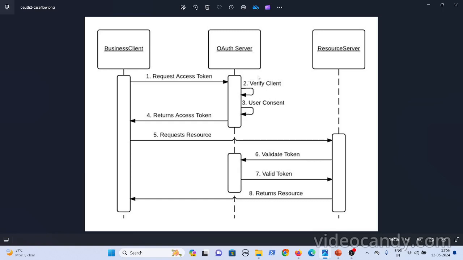So it will show a login page to the client, and that login page belongs to the authorization server, not the resource server's or the third party application's login page. That is the main difference we have to notice here. Once the user consent is provided, it returns the access token. The client then talks to the resource server in the fifth step, and the resource server validates the token. If the token is valid, it returns the resource. This is the simple flow. Hope you understood both the authorization code flow and the implicit flow of OAuth, which is very important.